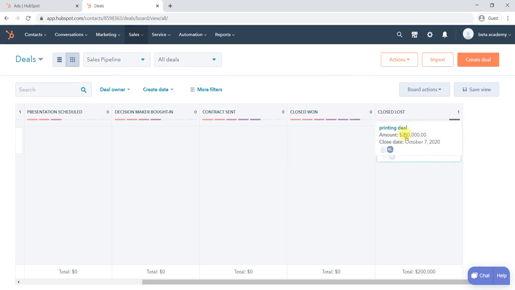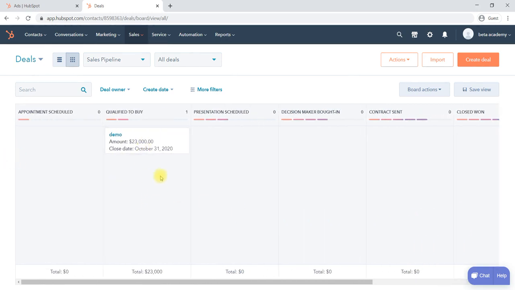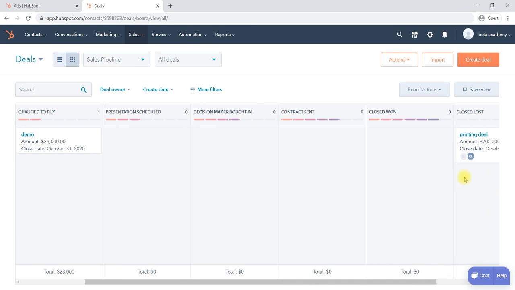If you say lost, it will be moved to lost, so that at the end you will come to know the total value we have lost, how much we have won. Okay, how many are in presentation stage, how many are in the decision maker stage, how many have already been sent a contract and I need to take a decision whether to close the deal or reject it.